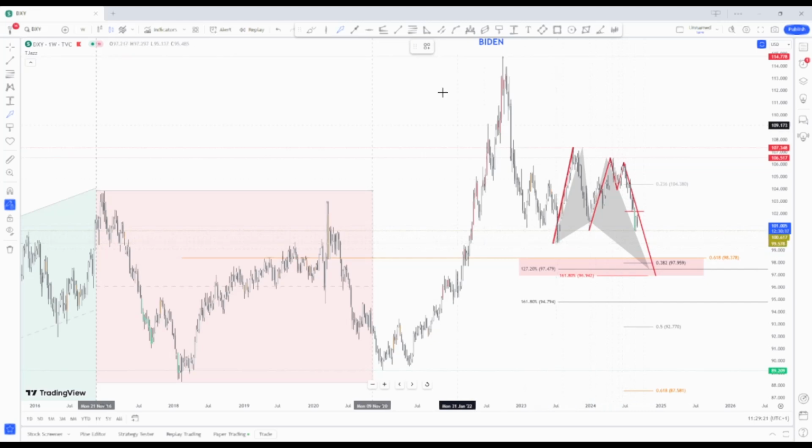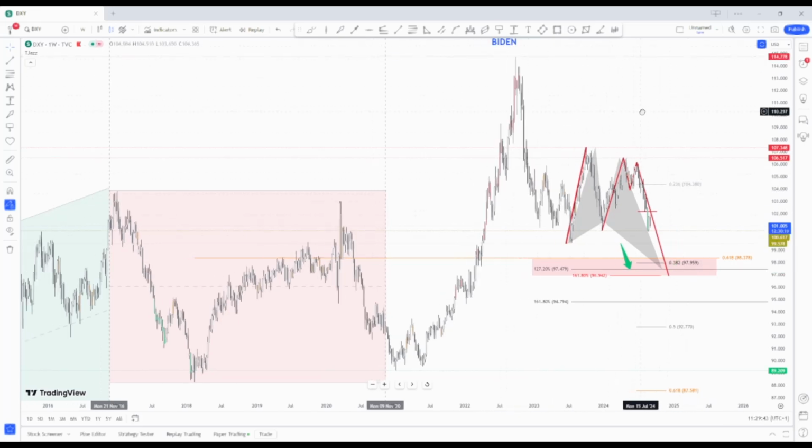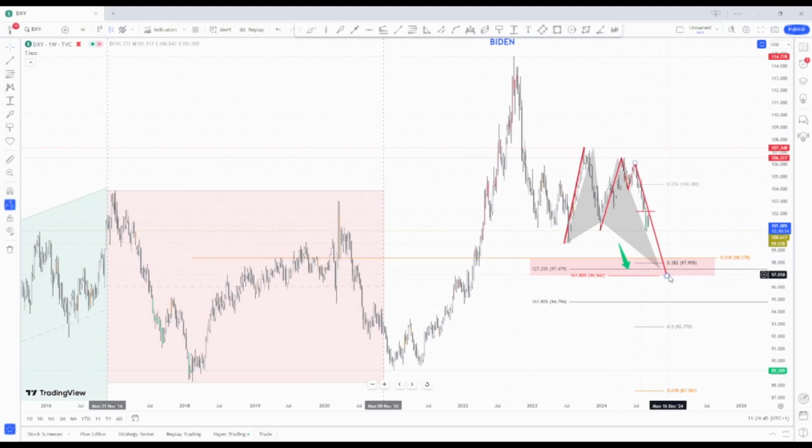But if the price ultimately breaks below these lows, you need to consider a potential move, or let's say a significant attempt to recover, based on this butterfly pattern. The crab pattern also may suggest a nice move to the upside. That being said, what can trigger these moves